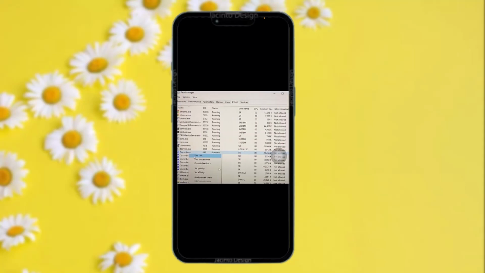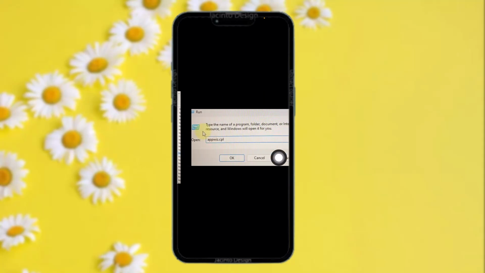And once you do that, what you need to do is open up your task manager, and then in the process or the application that you are having the problem with, simply right click on it and then click on end task. Now once you do that, the next step is to open up run by simply going to the start